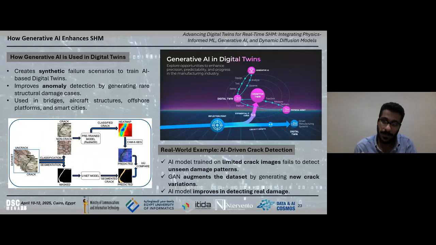It's used in a bridge. It's used in an aircraft structure, as we know. You can understand that it's really important for a lot of areas. Even outside academia and industry, you can imagine that we are monitoring a critical bridge, which is exposed to a lot of flooding or different weather conditions.